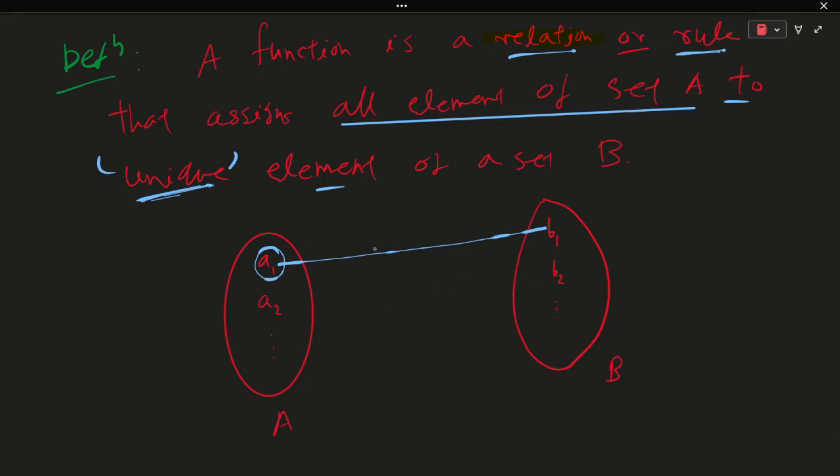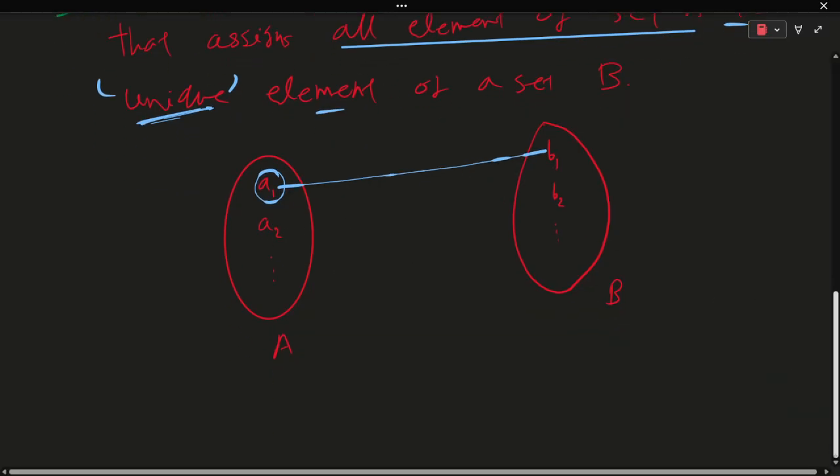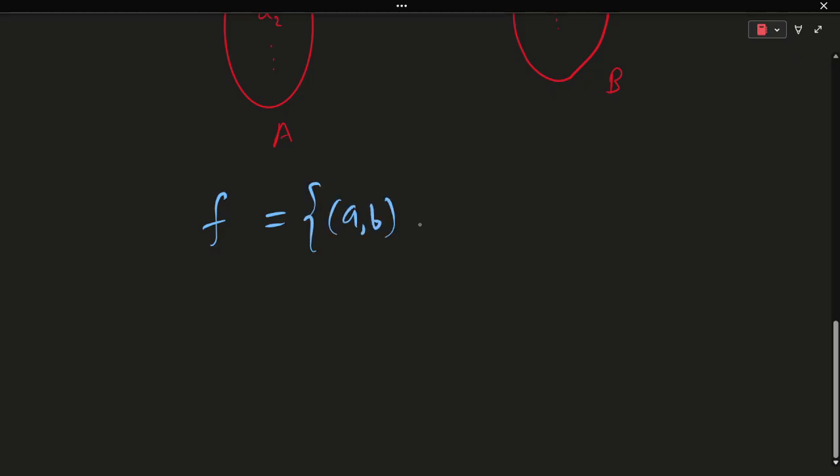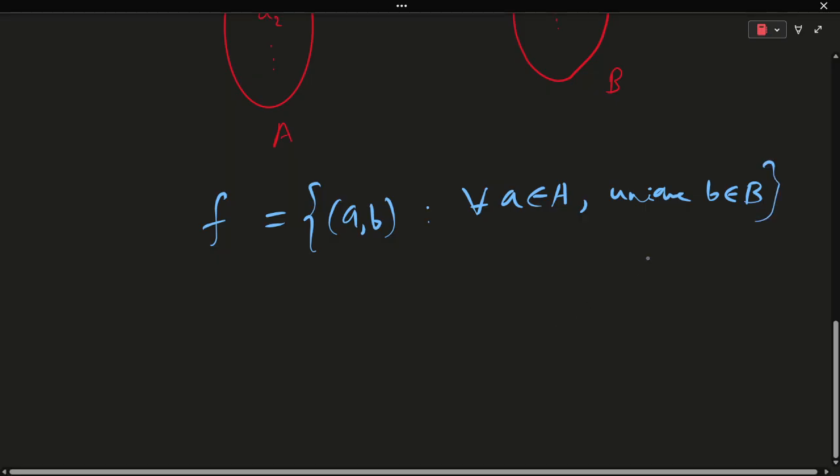So the function generally represented by this type f is a relation, right? If those elements a comma b, such that for all a, there is a unique b from B, this uniqueness depends on a. Okay,